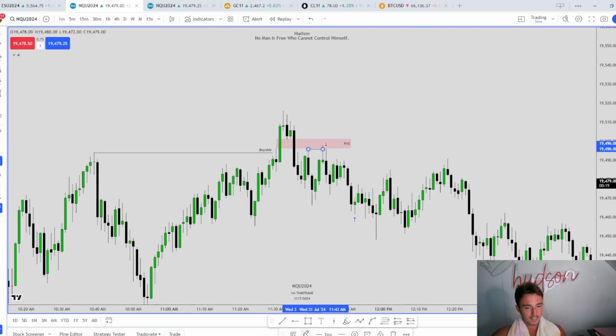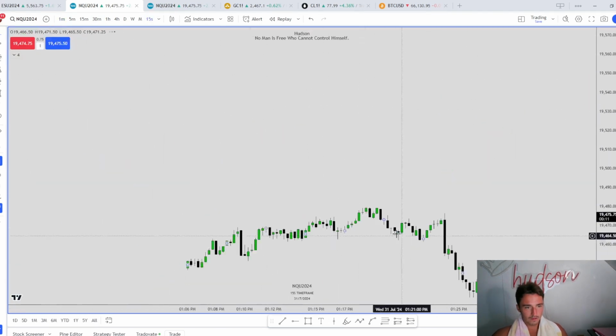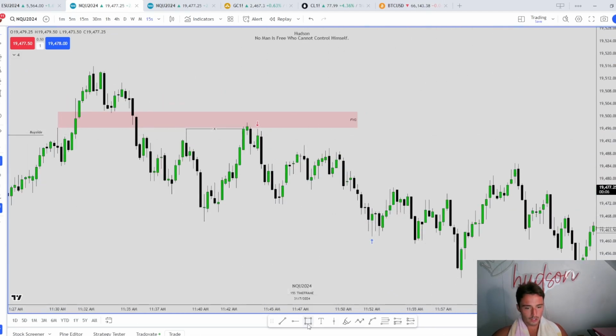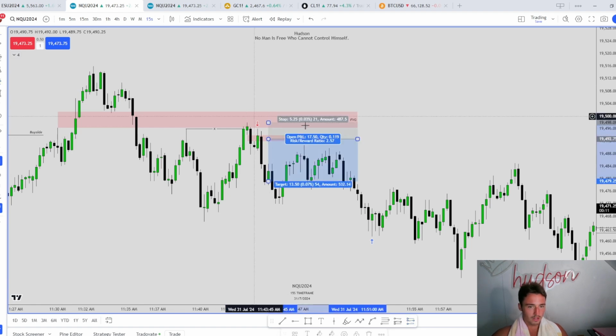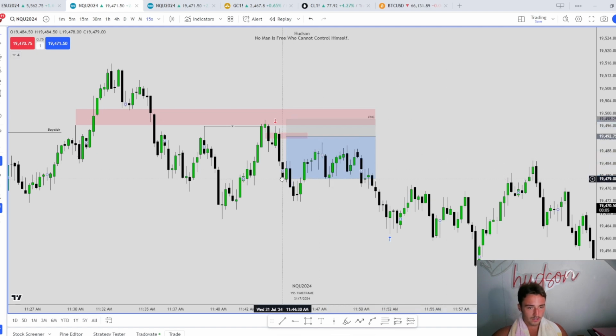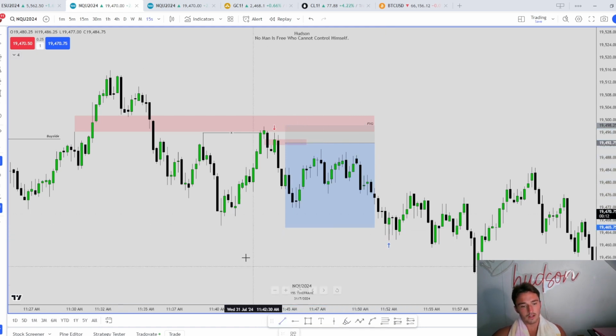So after we take this high, tap into that BPR, I head down to the 15-second chart. I short as soon as we tap into this fair value gap. I got filled at the midpoint actually, so a little better fill, and then I had my stop loss at this high, so a tick above it, so 5.5 points, and then I took it off down here at this low. Right here, basically right at that low at 65.50.